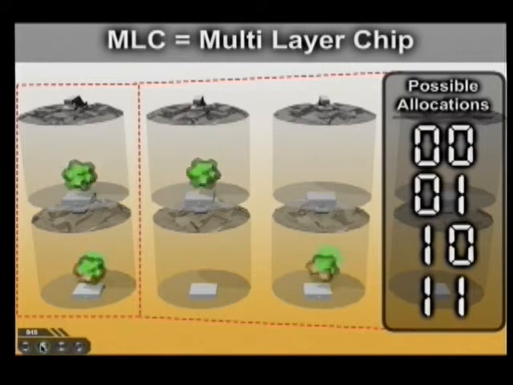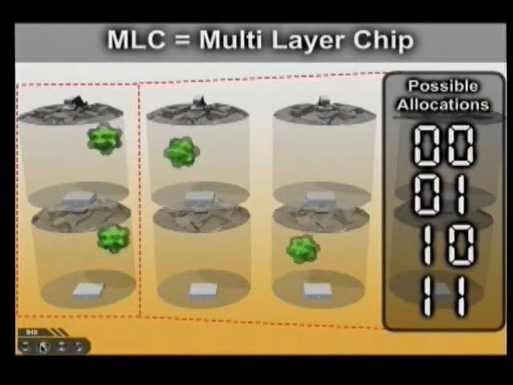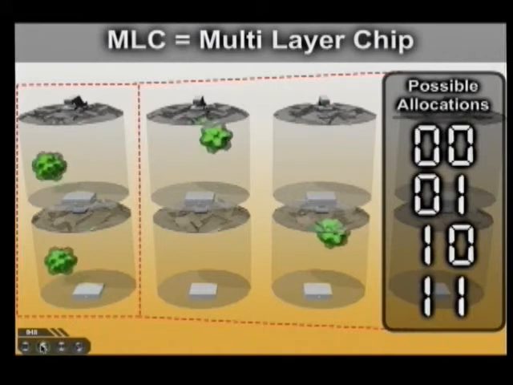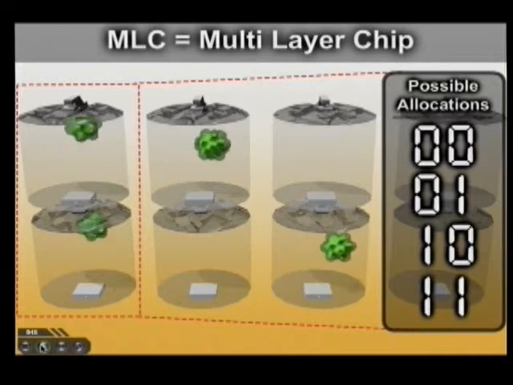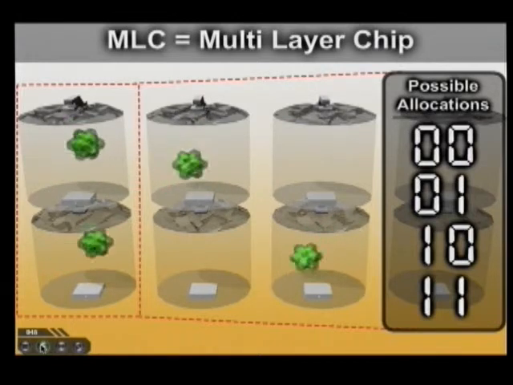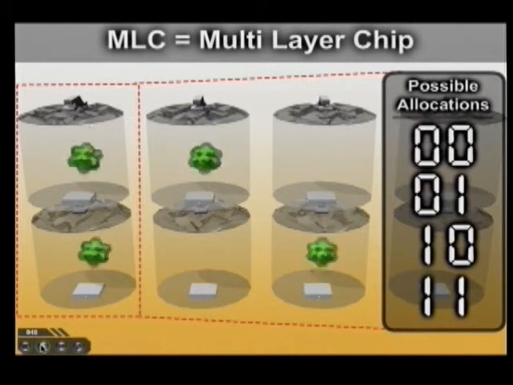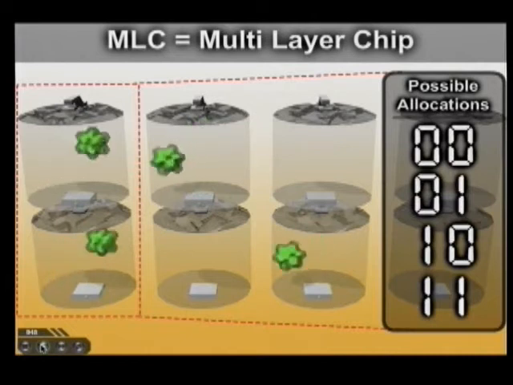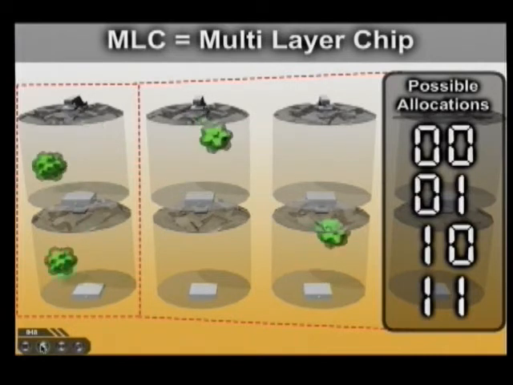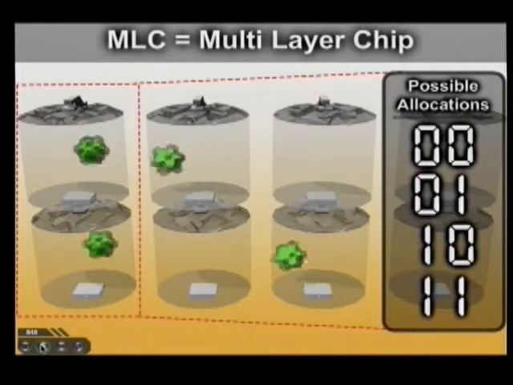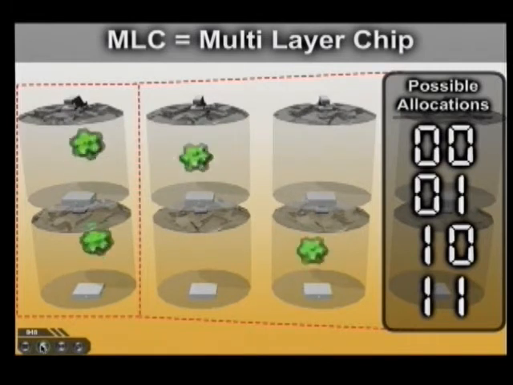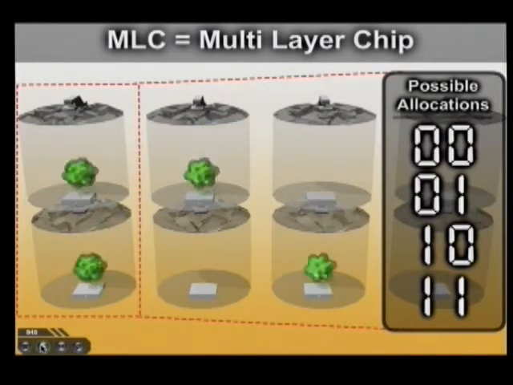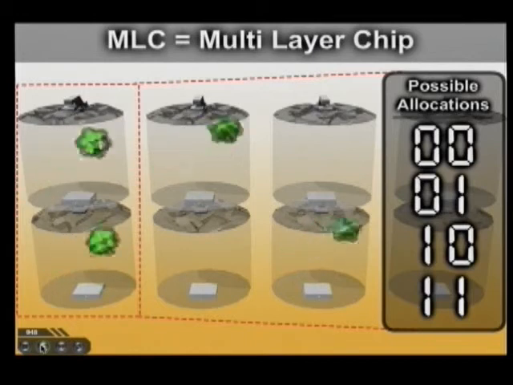So this process of hot electron injection does more damage. It actually will hurt the cells a lot more, exponentially, a factor of 10. So what you're looking at at this point is if you charge it and you store twice as much data in the cell, you now have decreased your speed by 40%, but you have increased the death of this cell. And instead of writing 100,000 times, you can only write 10,000 times. So as you go from a 16 gig chip to a 32 gig chip, that's what you're looking at. A chip that as it gets bigger actually is worse. It actually lives a shorter period of time.